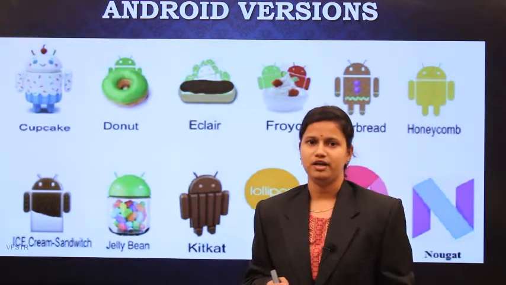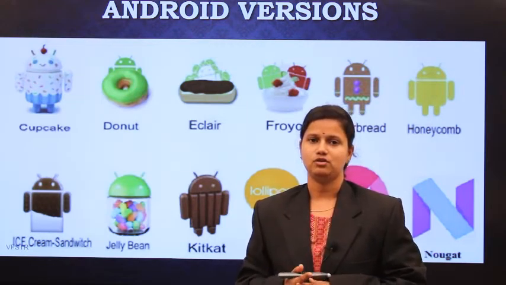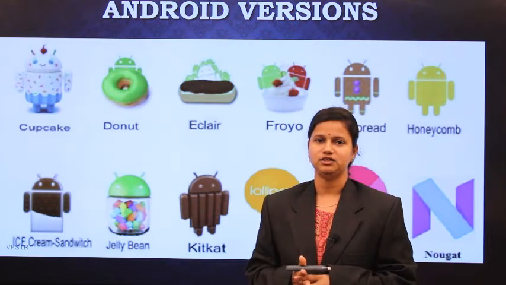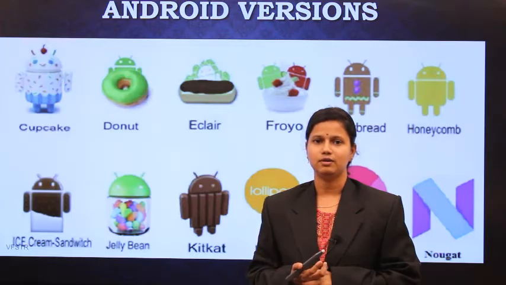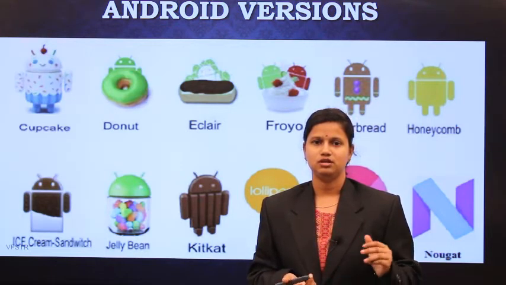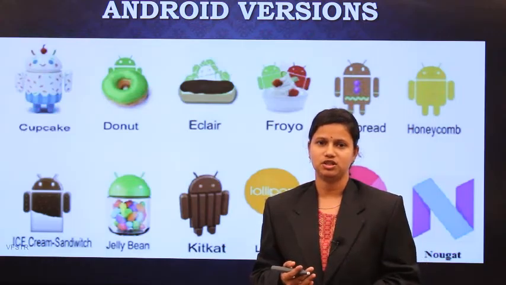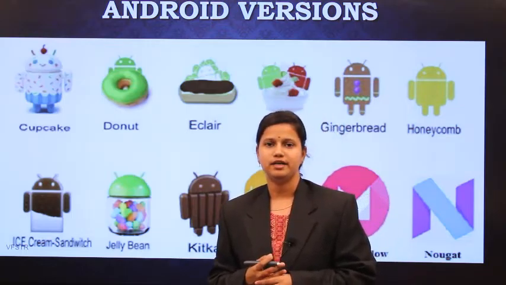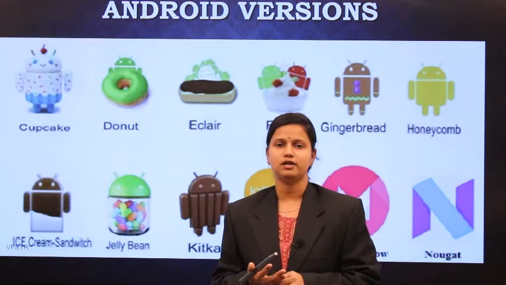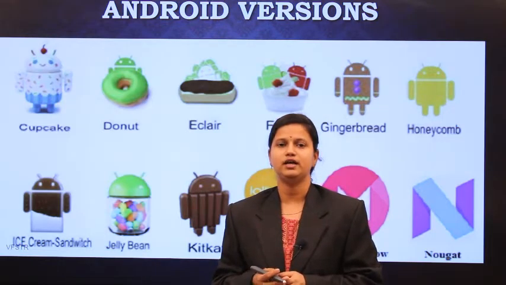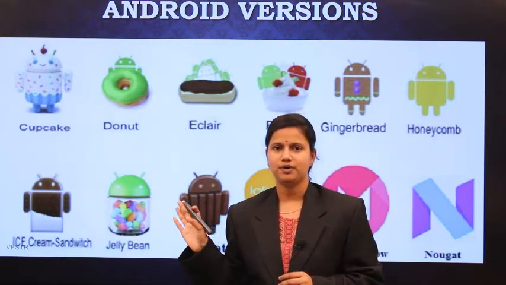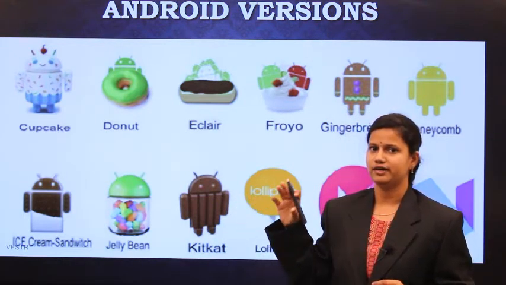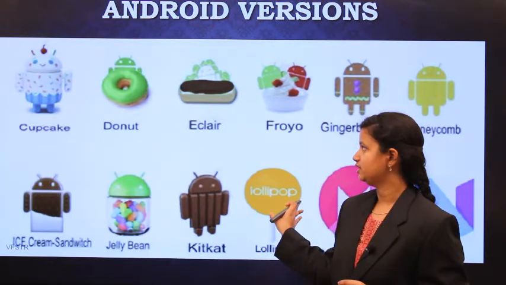The main thing is the OHA community. The OHA is for developers. It is a group of people who are developers from different companies. Sony, Samsung, and different mobile companies are in the OHA community. Different people make different features, so different features are implemented. After implementing more features, they release different versions, like Cupcake, Donut, and others. That's why within a span of a few years, different versions are released.